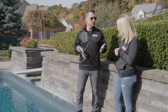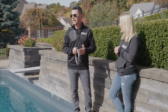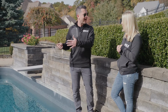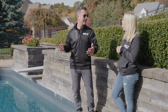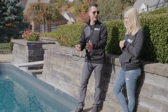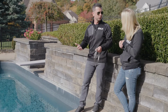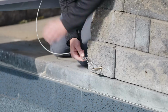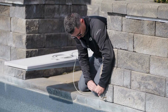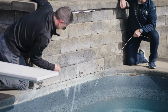Sure thing. So for a safety cover to meet the ASTM standards to be considered a safety cover, it's got to have a certain amount of overlap so that the water isn't accessible for a small kid, a pet, etc. So where there isn't a raised wall, we have 12 to 15 inches on average of overlap. But because we have this raised wall on the deep end, we have no room to overlap the edge of the cover. So we need to attach it to a stainless steel cable so that it's anchored into the raised wall,